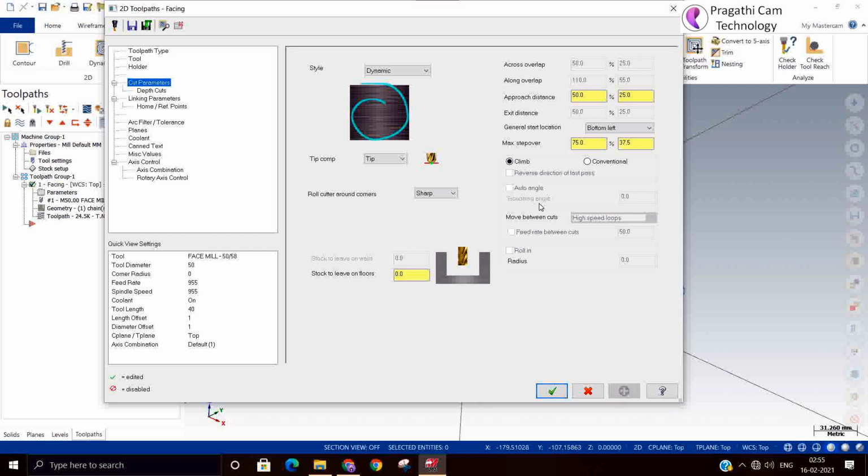If you select the profile, it will automatically decide the cutting pattern, where to start and how to finish machining the entire profile. The only thing we can modify here is the step over.